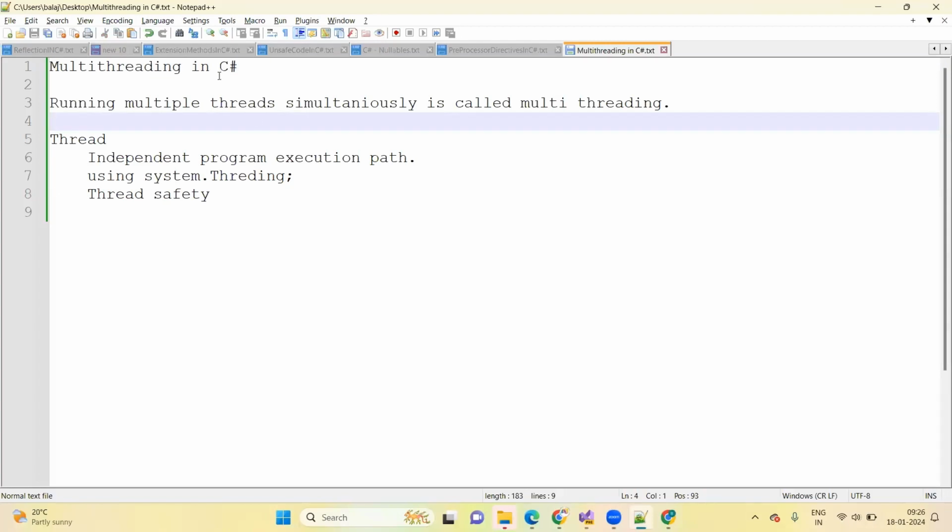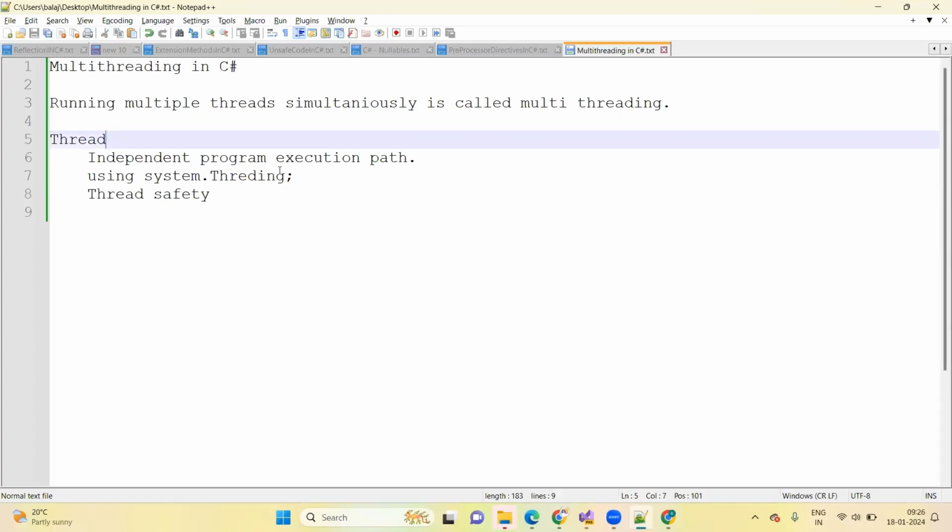So what is multi-threading? Running multiple threads simultaneously is called multi-threading. A thread is an independent program execution path. We use System.Threading, and here we have thread safety. Okay, so now we see multi-threading. How will this work? For example,